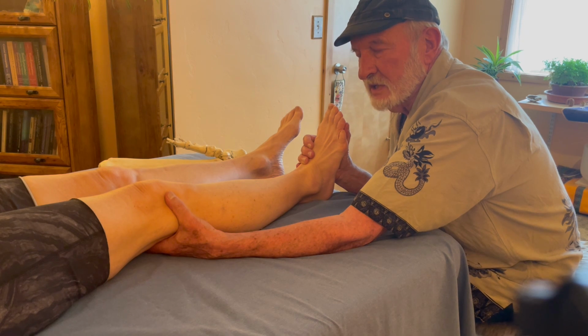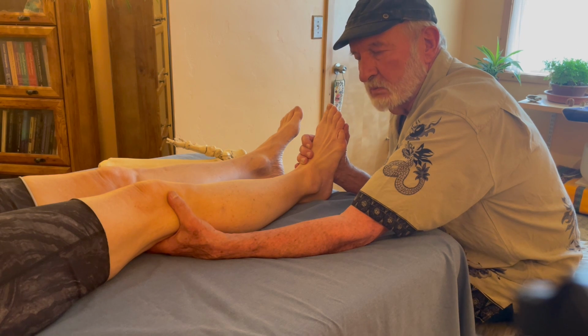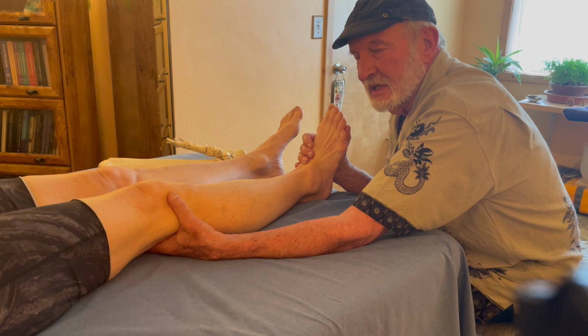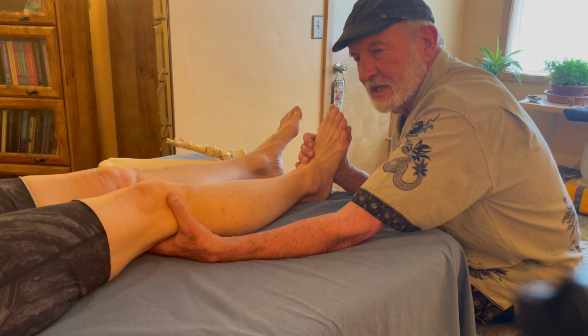And now the back of her knee is starting to widen. Normally I would just be listening with my doing hand, but I'm actually doing little tiny movements to be able to synchronize with where the ease is with her foot. There we go. Now I can feel her lower leg lengthening, and now I go to two listening hands and